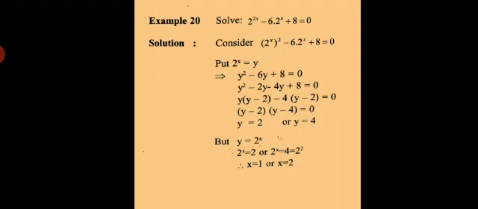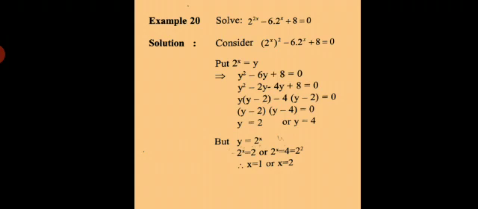So one time you get the value of y is equal to 2 and the value of y is equal to 4. Now, we know that y is equal to 2 raised to x. Therefore, y is nothing but 2. If no power, then what should you consider? 0, or 1? Sorry, it is 1. So 2 raised to 1 is 2 only. There is a 2. Y value is 2.